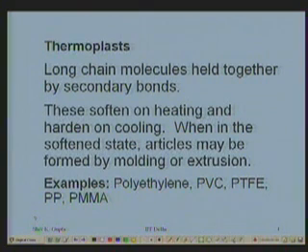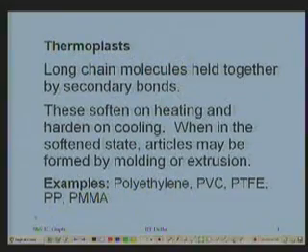Well, the other classification on the basis of their behavior to the temperature, one of them is called thermoplast. As the name implies, thermo means you heat, plast, it becomes more pliable, it becomes soft. So if you heat a material, it becomes soft. These are called thermoplasts. Usually on their structure, they are long chain molecules, and between the molecules, the long chain, there are only secondary bonds which are van der Waals forces. All these, as I said, soften on heating and harden on cooling. They become more rigid.